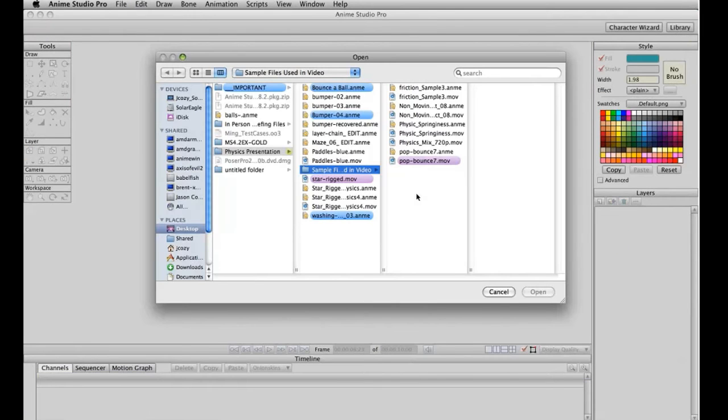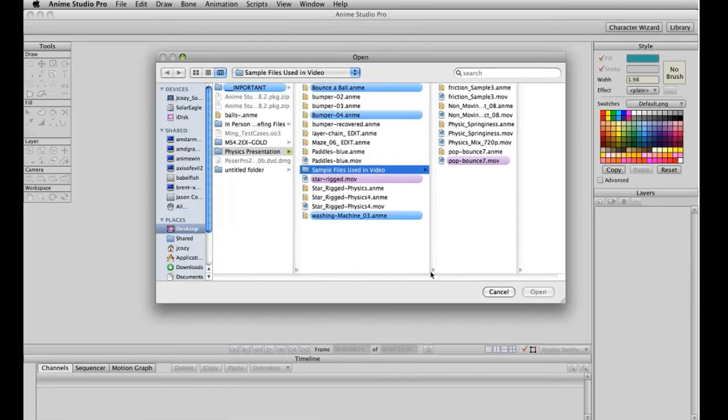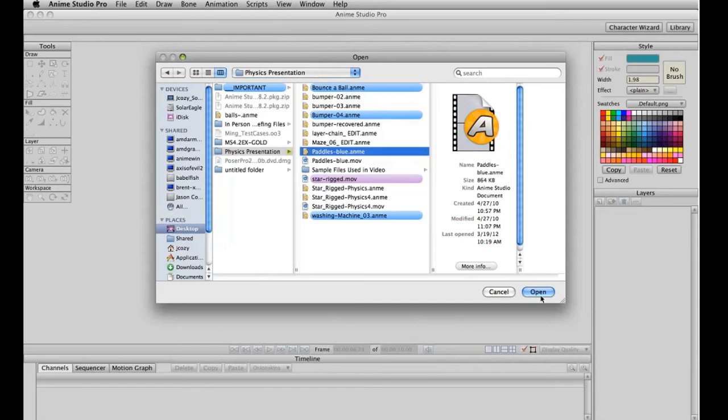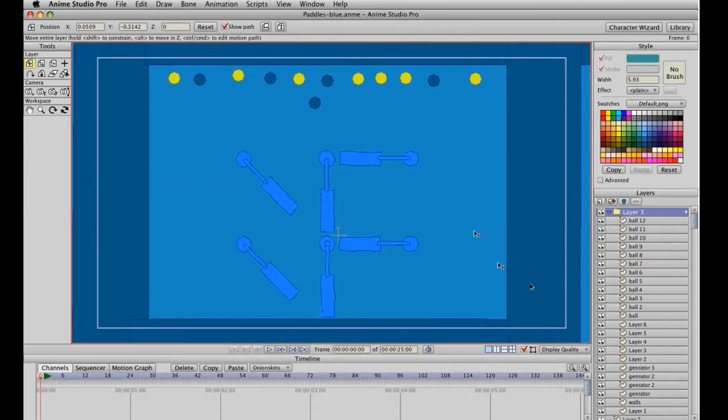I'm going to have an example here. Where's that one? Aha, paddles, yes, if I could see straight. See, I haven't had enough coffee. Okay, in this case,